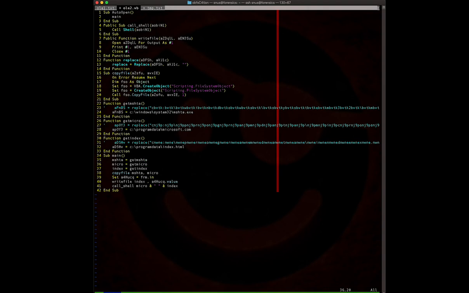Inside, we have the auto run, or auto open, we'll call main. Main right here then decodes the string for the MSHTA, the string for the Microsoft.com, and the string for the index.html. It will then copy the mshta.exe into the C program data Microsoft.com. Then it will grab a value from form.in, which we haven't talked about yet, but I will go back real